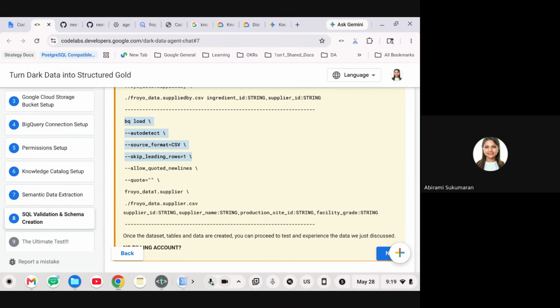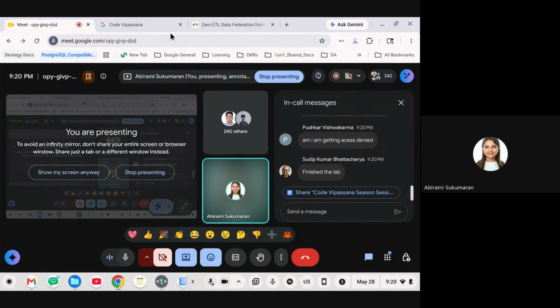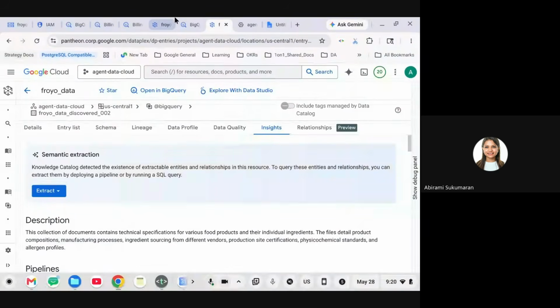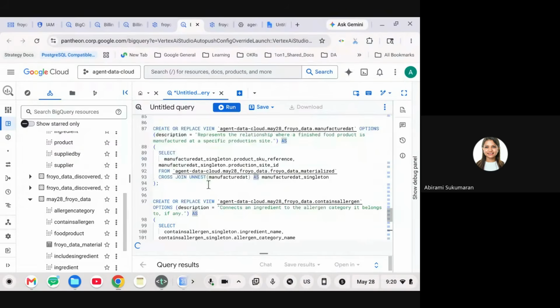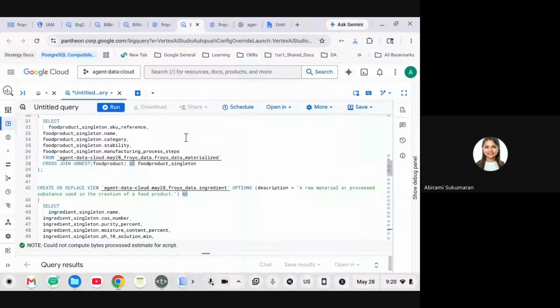In the real world, even in my case, the data was not in CSV. The result of the knowledge catalog was what you saw in this tab. It just generates all the tables for you. It generates the views, the relationships, references, everything. You just run this in one shot, and the tables and everything will be created. Or if you're doing a pipeline, it gets scheduled and runs on a schedule if you have a recurring job or recurring incoming PDFs. Otherwise, it is just an on-demand job that you run.